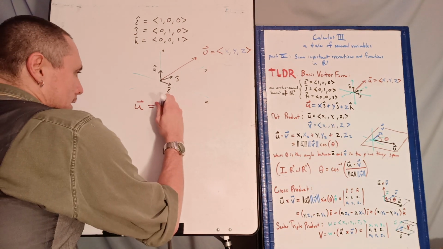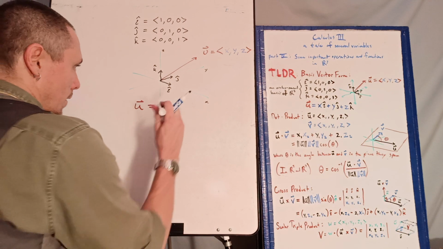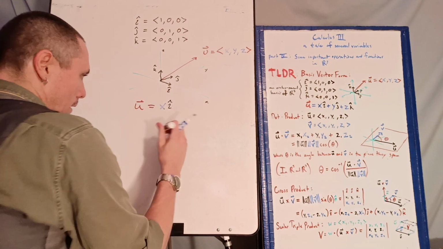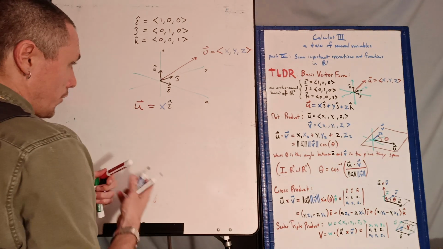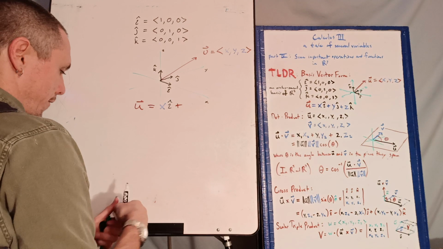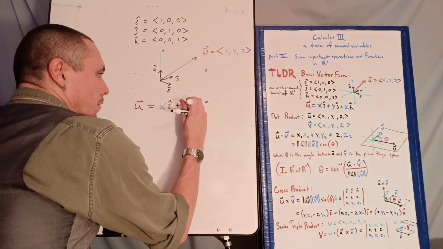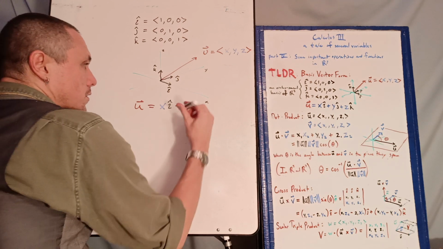So in other words, this will be x times i hat, plus, well, I'll try to keep things color-coded like I have in the notes, but if I find this is wasting too much time, maybe I will go back to monochromatic. y j hat,